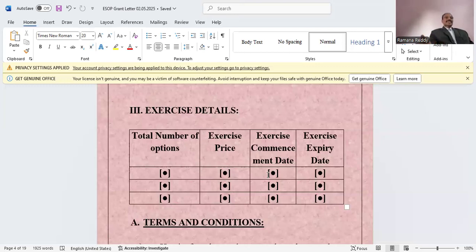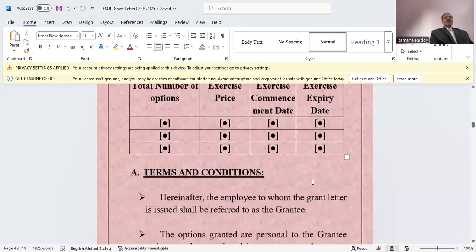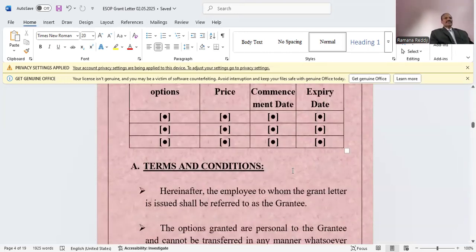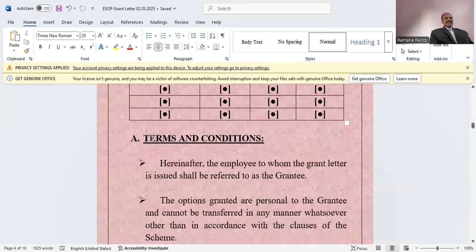You will be given 60 days or 2 years. So that we will give. Depends, company will decide whether he should purchase within 60 days or 2 years time will be given to the employee. Let him take leisurely. So based on his availability of funds, he will take. Anyway, it is a predetermined price. So we will fill the date. Company will fill the date and he will be given to the employee at the time in the grant letter itself.